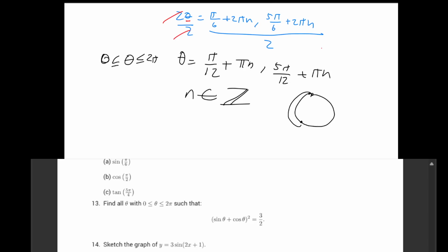Like you can't do that partially. It defeats the whole purpose of the general solution. But you don't really need this. But again, we have to see how many times we can add pi to both this and this, because we need all theta between 0 and 2 pi. Okay,